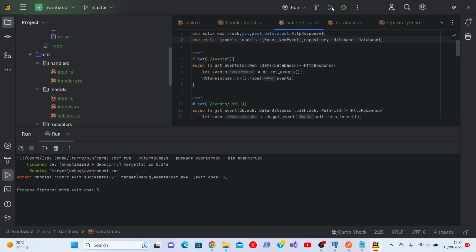No, it doesn't run. Why? This exit code 3 stumped me for quite a while. It has to do with the fact that I'm using Postgres. Not that there's much wrong with Postgres, but there's something wrong with one of the DLLs. So what I need to do